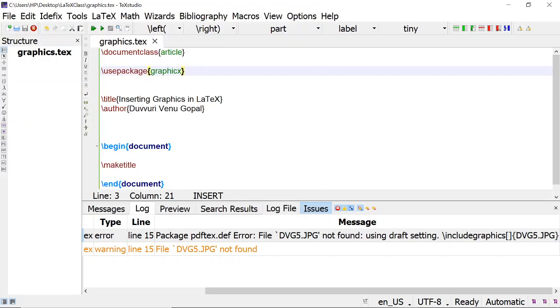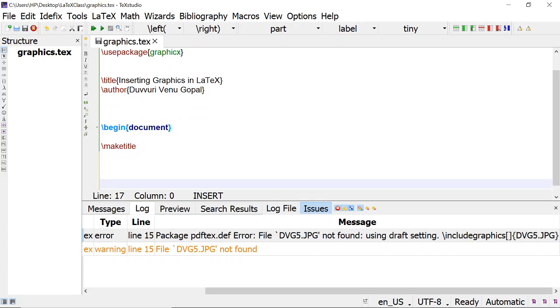Now your figure, that is either JPG or PNG or PDF, you can insert these figures in your LaTeX document, because we are using PDF LaTeX. However, if we use pure LaTeX, then we can insert only EPS files.